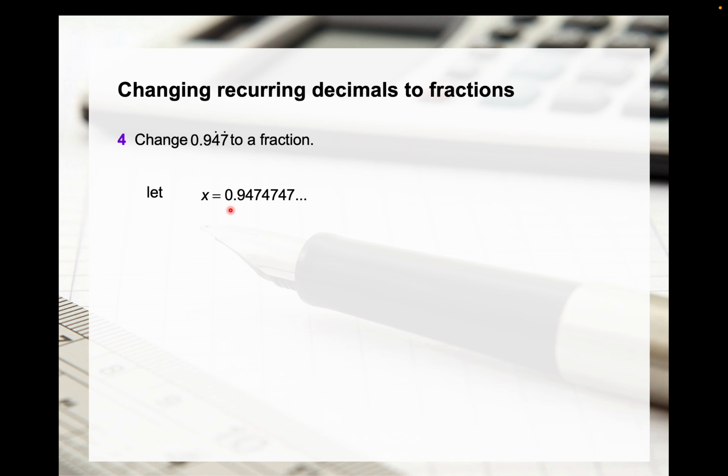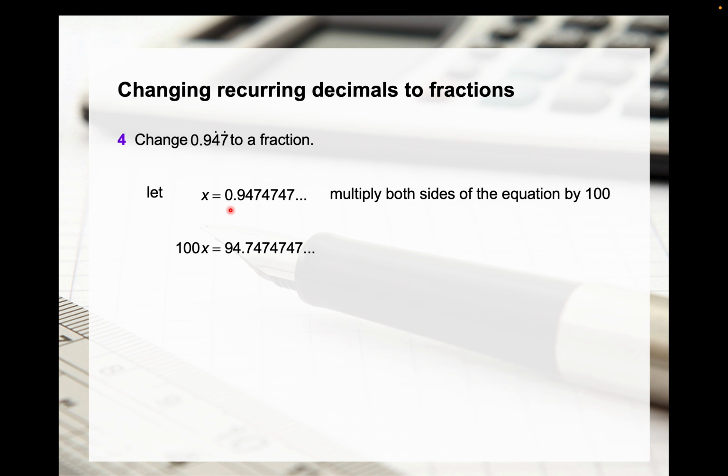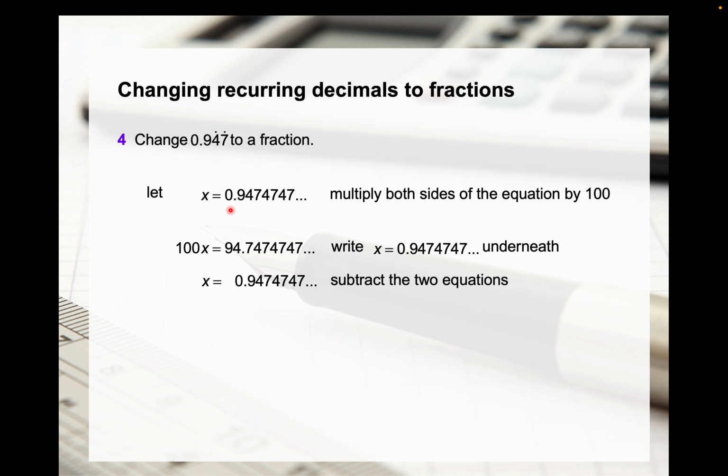First, like we just used to do, we write x equals 0.94747, and then we multiply by 100 as 2 digits recur. That gives you 100x equals 94.7474. I'm then going to write x beneath this and subtract the equations, and I'm going to have 99x equals